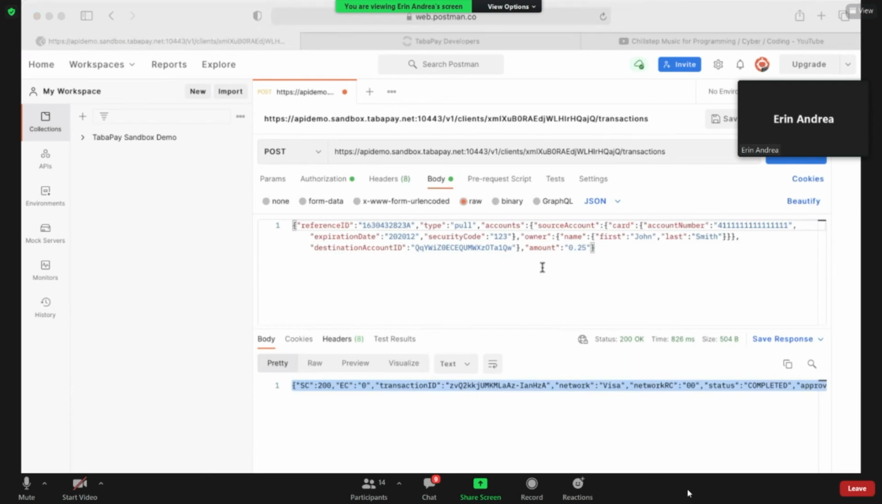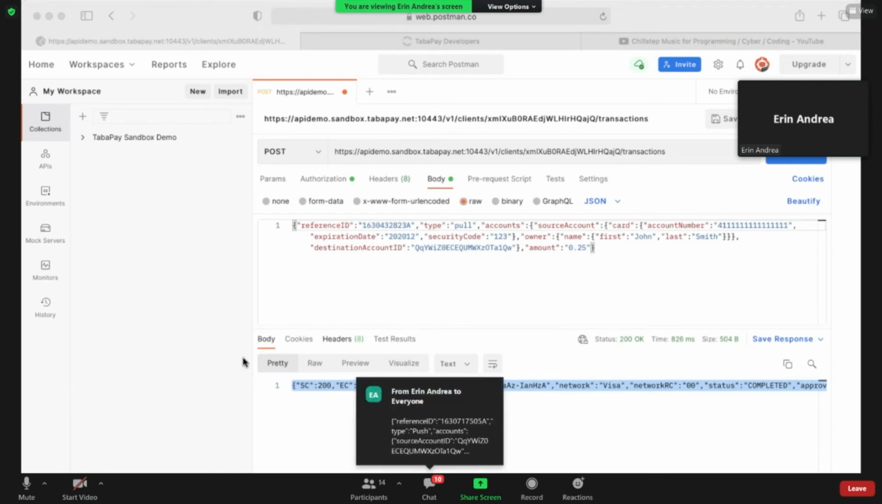Okay. So the next step is we're going to do a create transaction push. This will be an example of a basic push transaction, and a few minor details will change. You're going to change your reference ID. I always forget to do that, but you'll want to change that. And the type, as you can see, and what I've put in the example or in the chat, is push